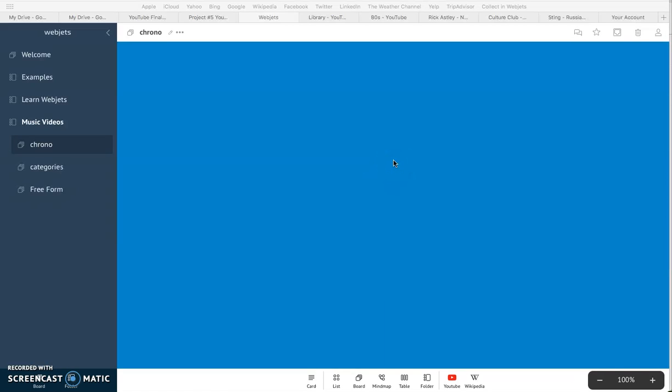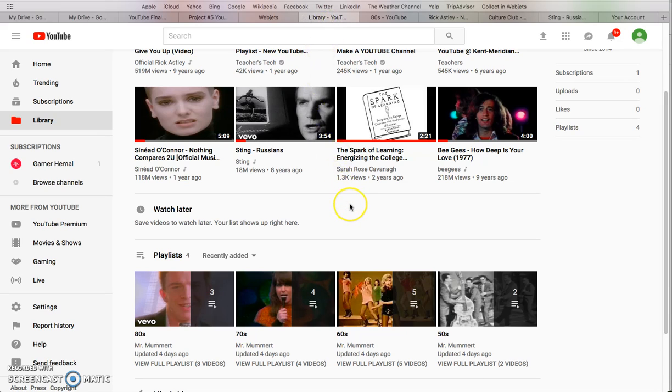So here's a little screencast that explains how I'm going to use YouTube with Webjets. According to the details of the project, which I have outlined, when we get to the 1990s, I'm going to have students collect different music videos from YouTube and categorize them by decades, looking specifically for videos that reflect social, political, and economic issues of the time period, and also pop culture. Once those videos are organized, I'm going to have them make playlists and then